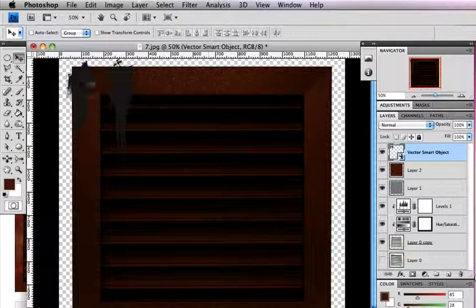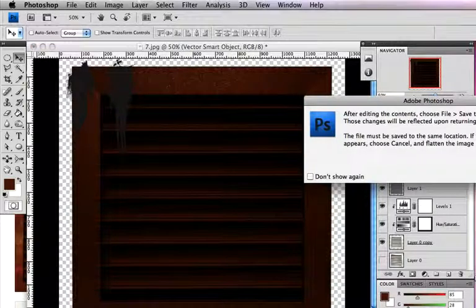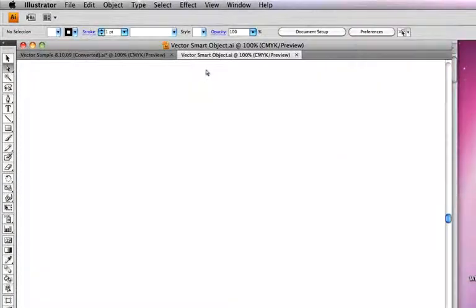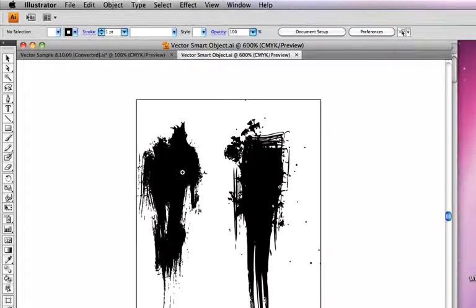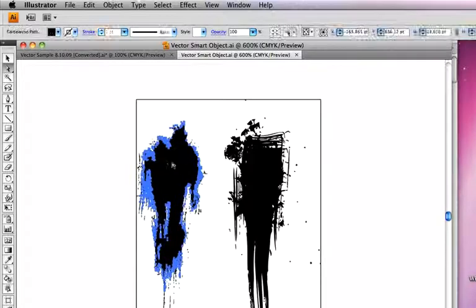And once we brought this in from that compilation file from Go Media, I'm going to double click on this smart object. I'm going to get a little message here, just going to click on OK, and it's going to bring up a new tab, and we should be able to find, if we just move over, that we've isolated those two little scratch marks. And then what we can do is we can just grab that shape, come over to our color guides over here, and we can find,